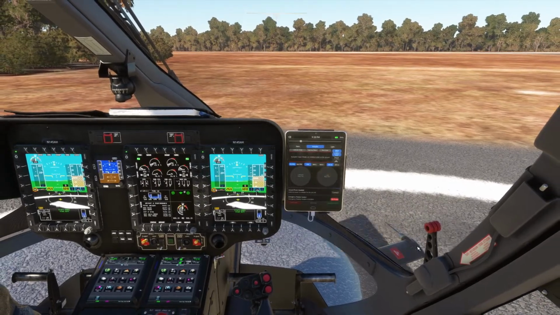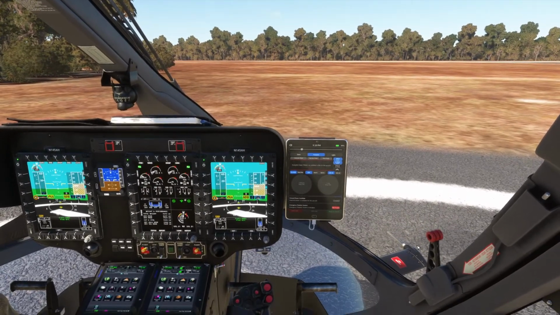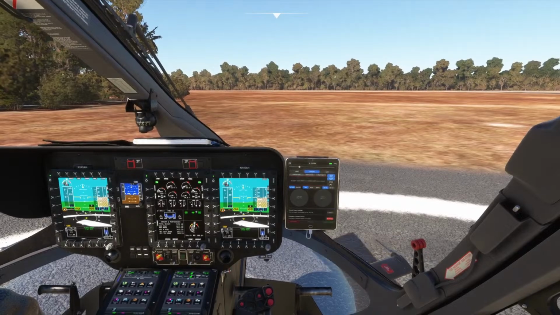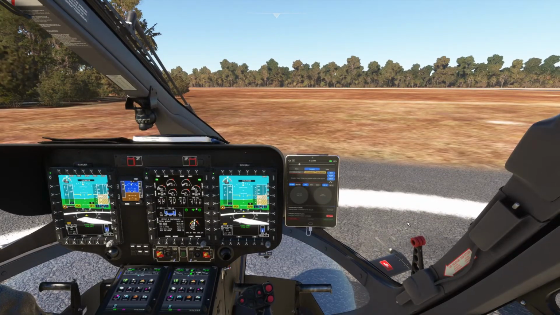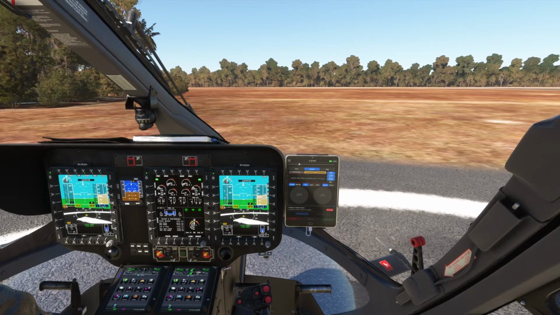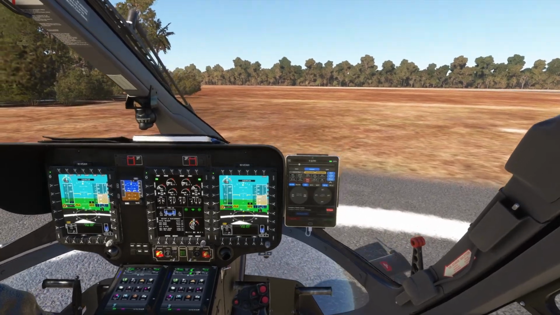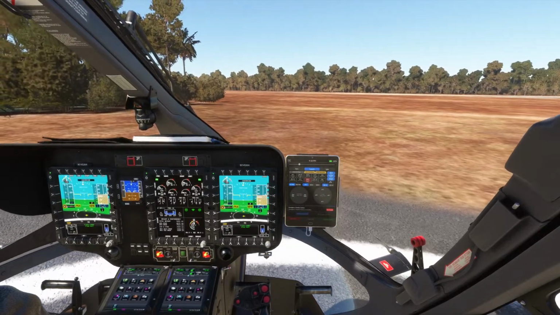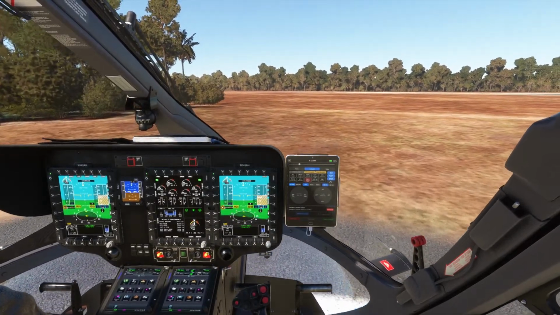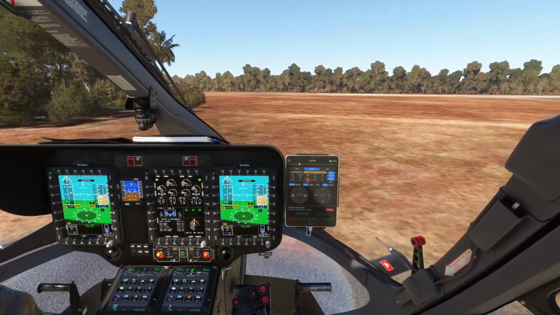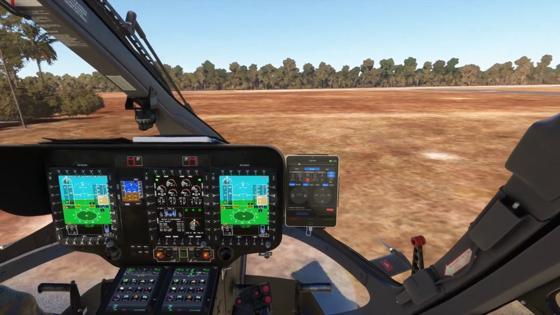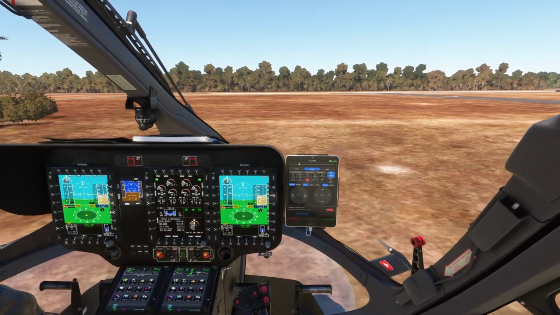Alright, so when we first take off, I'm going to go ahead and pick it up, and we will be in what is called basic attitude hold mode. So press and hold force trim release, pick it up to a hover, continue holding on that. So in basic attitude hold mode, when I let go of trim release, the aircraft is